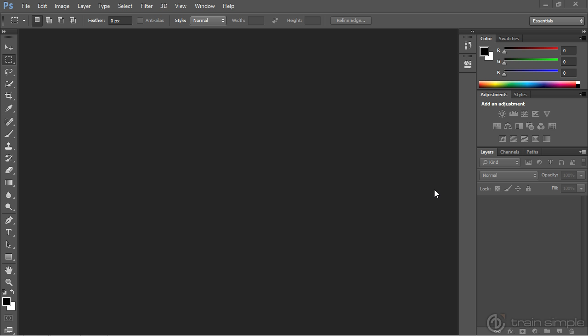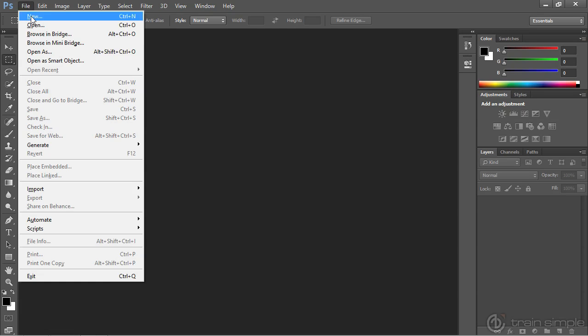Now, many of those grid systems that we looked at also have corresponding PSD files that have all of the guides for the grid system already set up. However, what if you run into a situation where you're working with a developer, or maybe you're the developer, and you're going to be using a particular grid system that you can't find a PSD file for? Well, if that's the case, it's going to be up to you to lay out all the guides for that grid system. Typically, what you'll do is come up to the File menu, and from there you'll choose New to